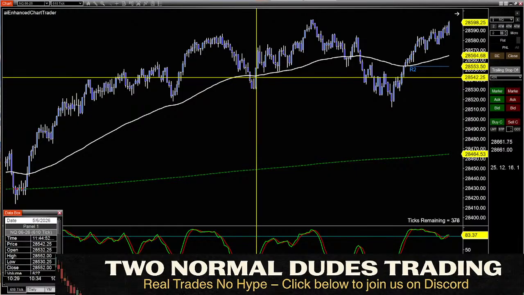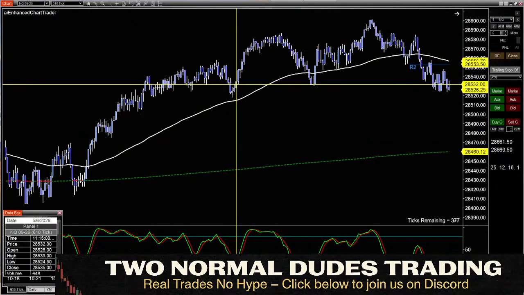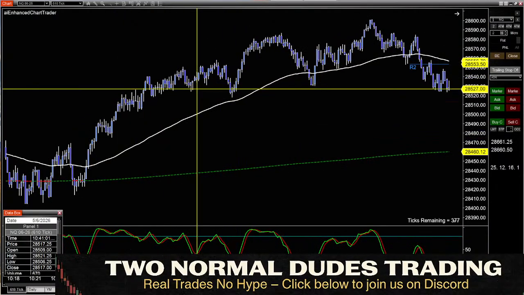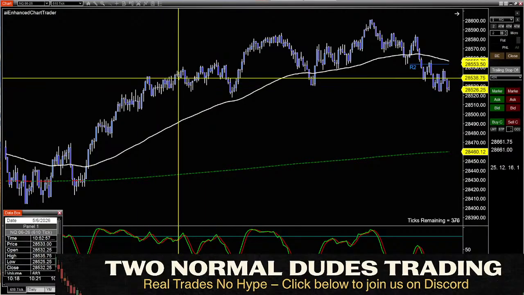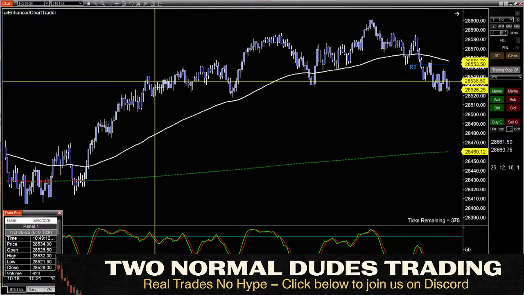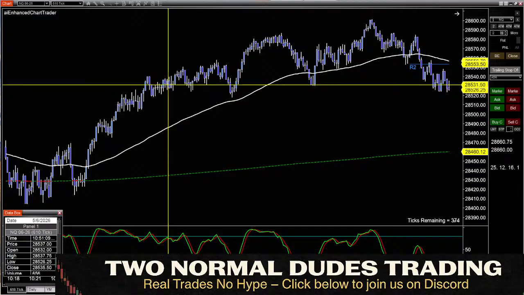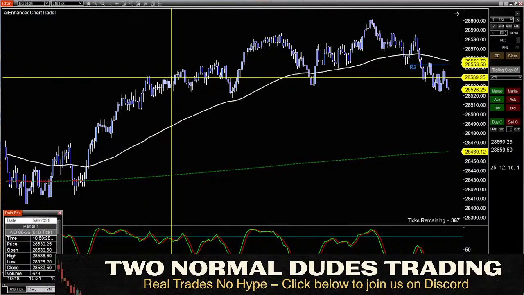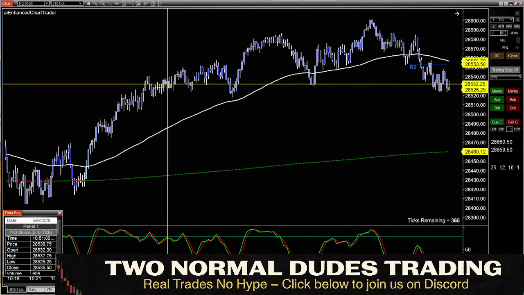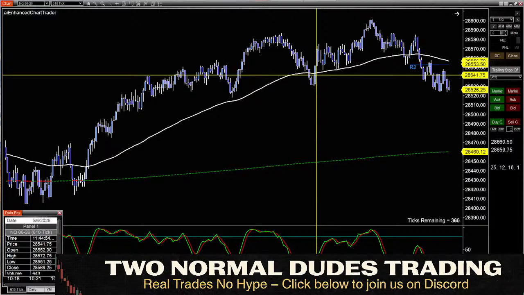Wait for price to stop and stay in a spot, and it will reverse usually. Here, this is a great trade right here. You see this wick right here? Put a buy stop in above that wick. Look at all that left. There are so many wicks back here. When you see this wick, you know this was an area of indecision because there were a bunch of buyers and sellers. You wouldn't have so many dojis if there weren't buyers and sellers hanging out here, right? So you put a buy stop in above something like that.